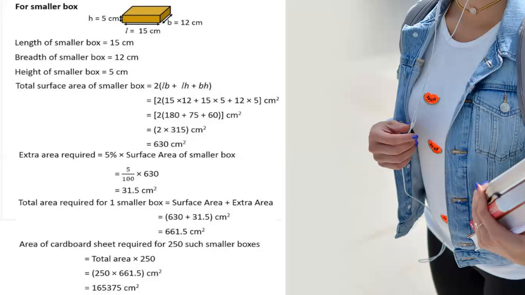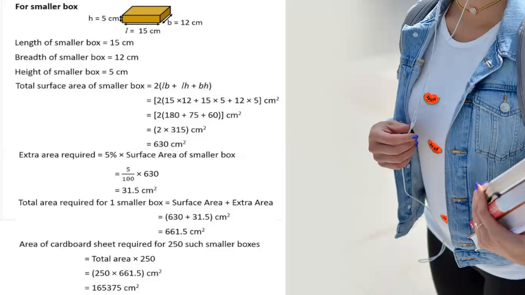Therefore, the total area required for one smaller box is surface area plus extra area, that is 630 plus 31.5, which is 661.5 centimeters square. Now the area of the cardboard required for 250 such smaller boxes is total area into 250, that is 250 into 661.5 centimeters square, which is